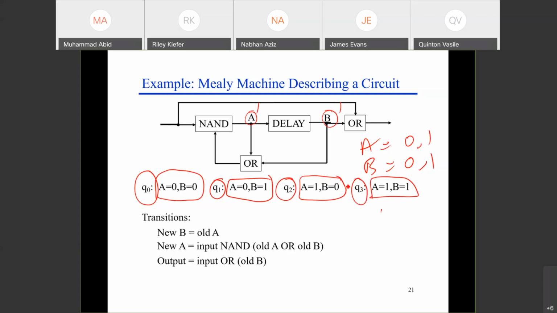So we have no idea how we achieve these states, but whenever we have this combination, we at least assign a certain state name to them. So we know that whenever A and B are 00, we will say this is state Q0, then 01 will be Q1, 10 will be Q2, 11 will be Q3. So we decided this, because all possibilities will be 0 and 1 here. Now we are saying